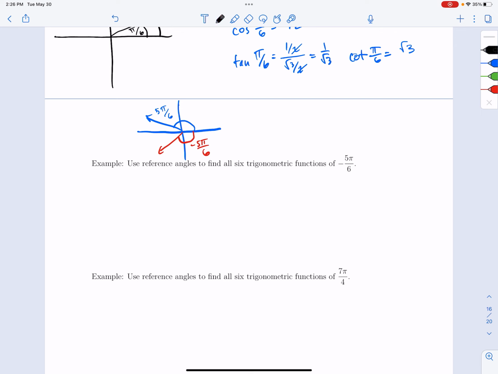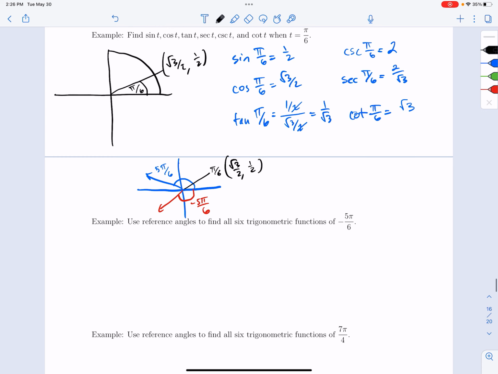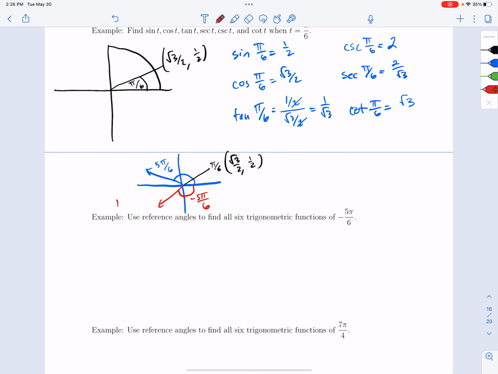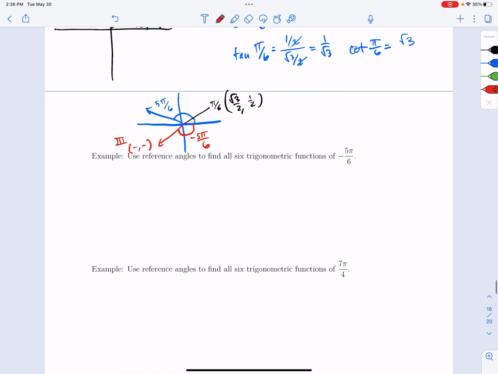So the reference angle for 5 pi over 6 is pi over 6. And the coordinates for pi over 6, well, that's what I found up here. It was root 3 over 2, comma, 1/2. So because this is in quadrant 3, this angle, negative 5 pi over 6, the signs for each coordinate are negative. So to answer this question, to get the value of the 6 trig functions,